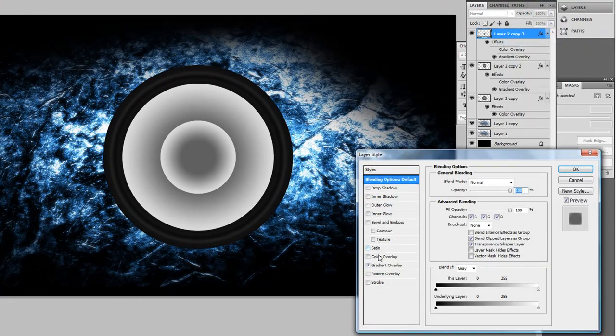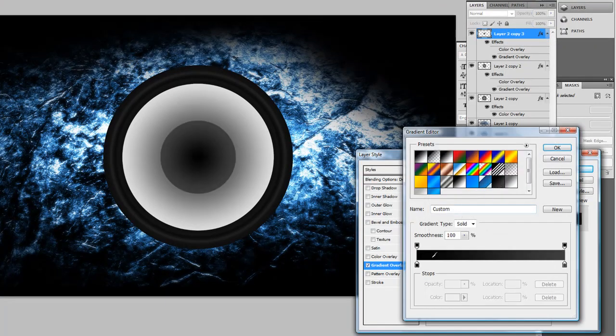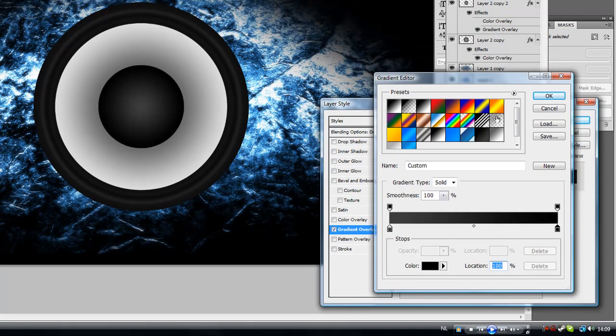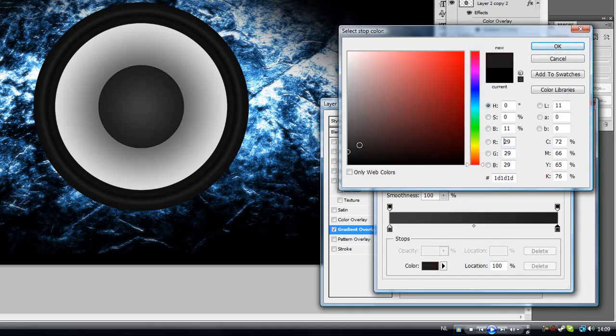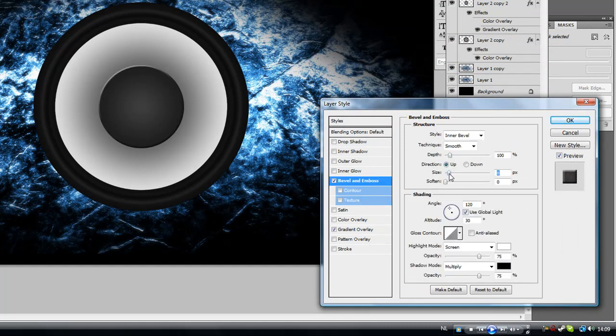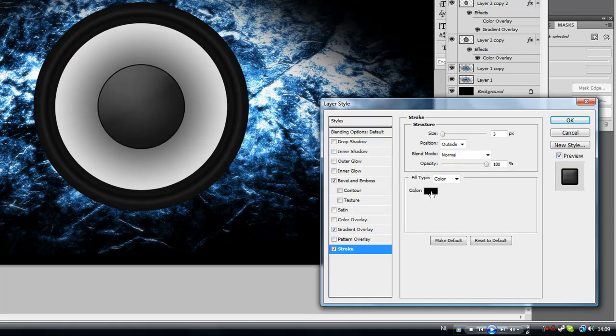Right click, blending options, and change it to a darker color, something like that. And well, maybe not black, just a dark gray. Yeah, this will do. Hit OK, bevel and emboss, and we're going to size it up all the way up, and depth. I'm going to add less depth to the field that you want. Depth, I'm sorry. Okay, so once you've done that, go to stroke and choose a black color and just size it